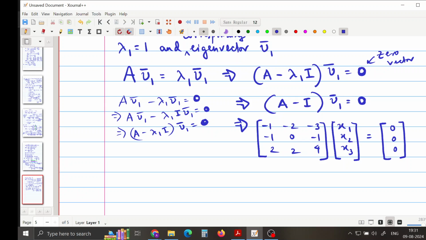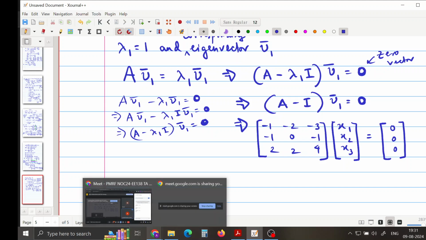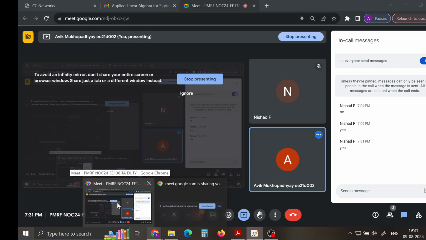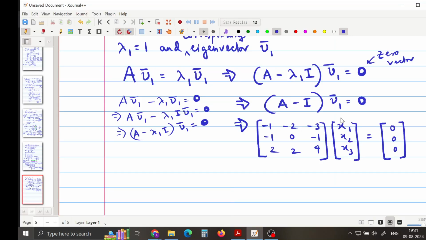Is this clear so far? Hello? Okay. Yeah, you can just unmute and tell me. Otherwise, I might miss out on the chat box. Okay, so